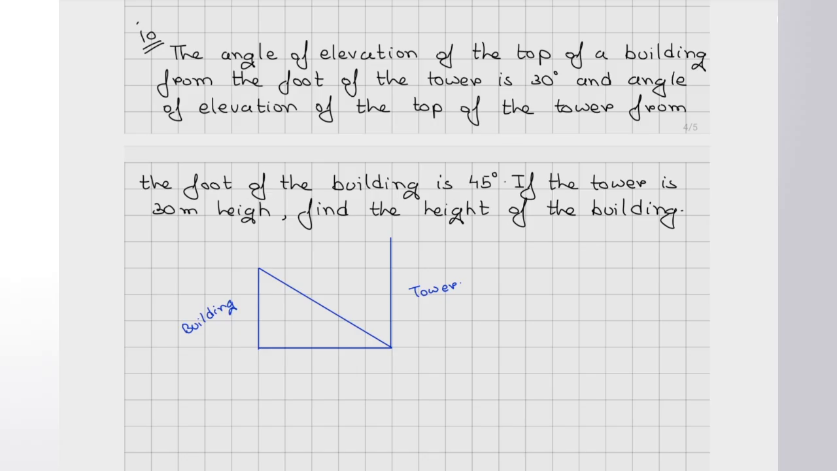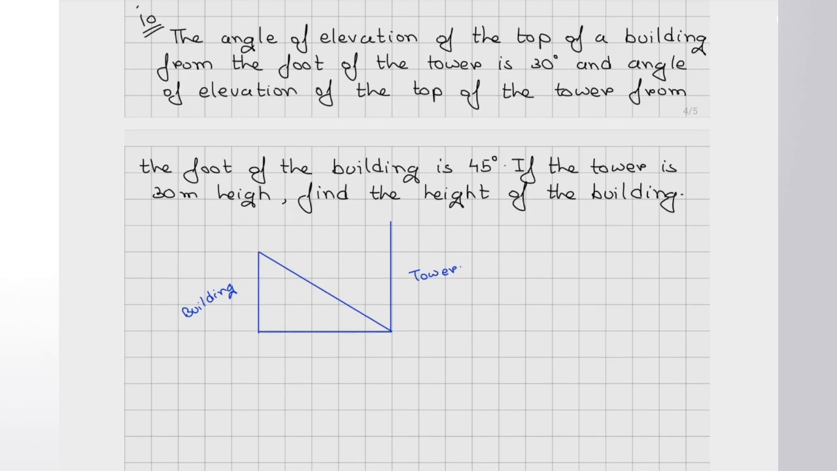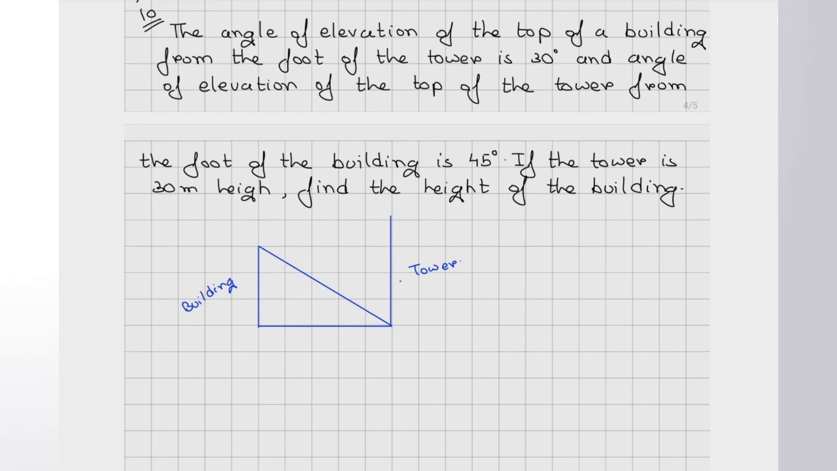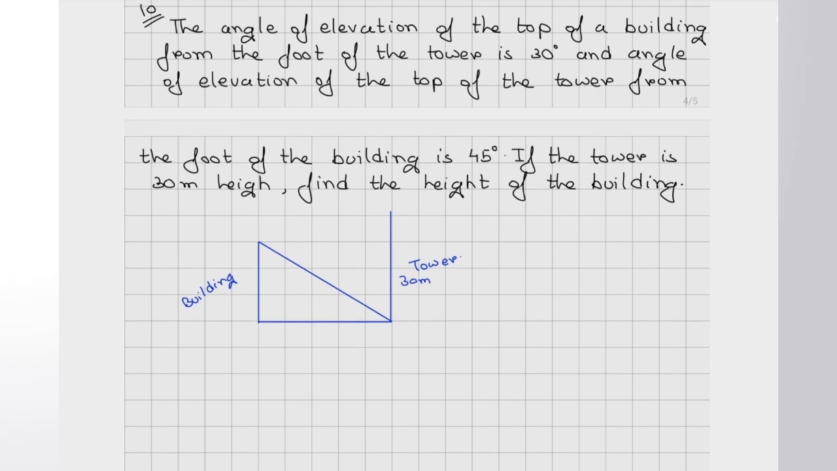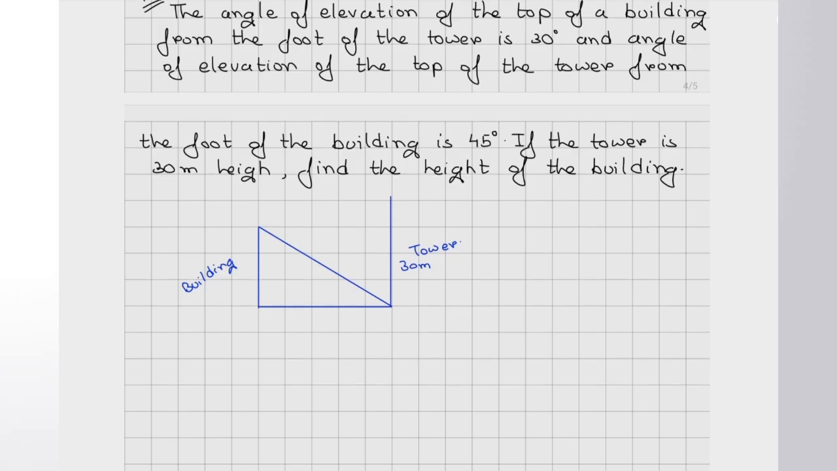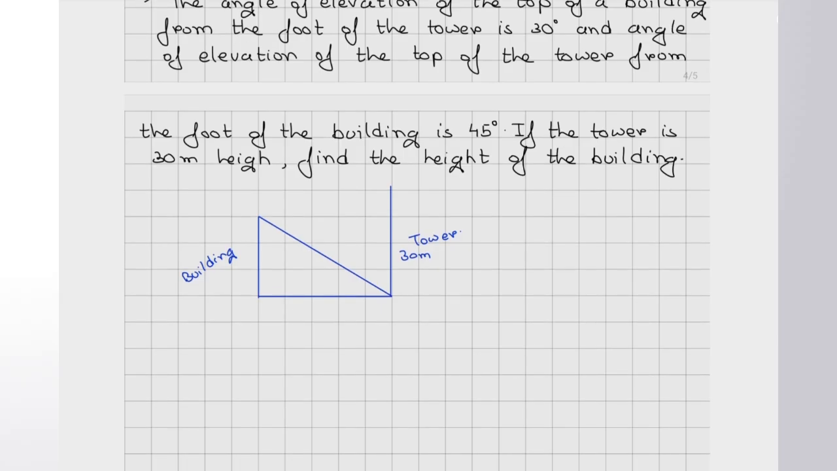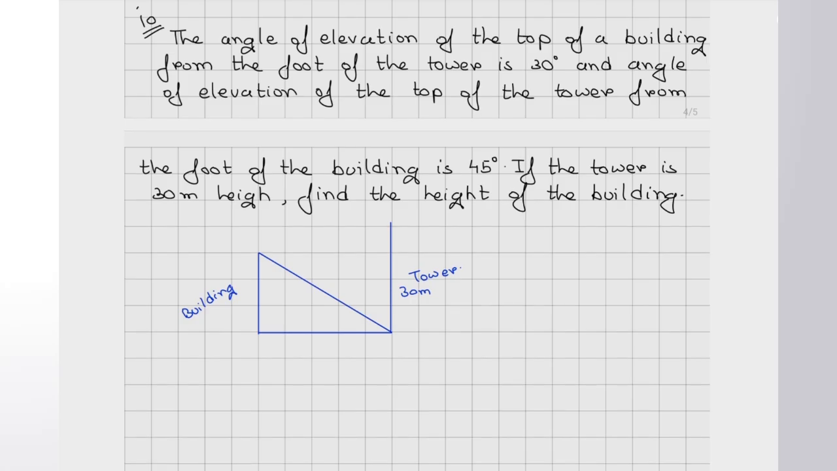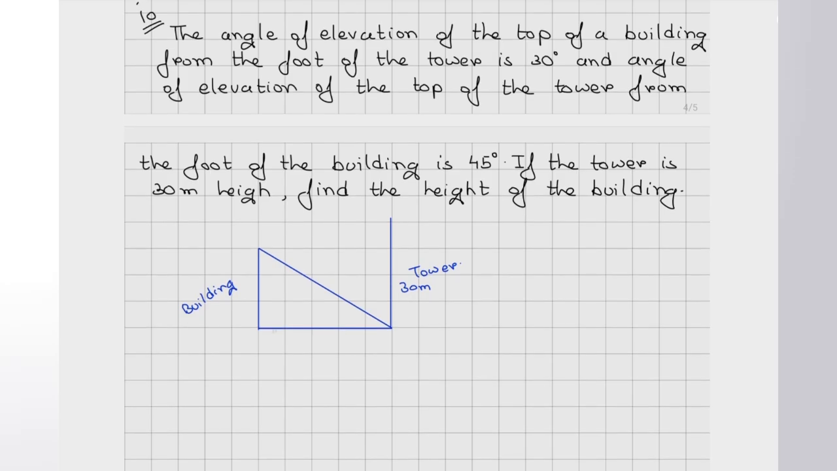बिल्डिंग की हाइट हमें नहीं दी हुई है, ठीक है। If the tower is 30 meter height, टावर की हाइट हमें दे दी गई है। टावर जो है हमारा 30 मीटर लंबा है, बिल्डिंग की हाइट तो हमें पता करनी है। ओके, ठीक है। हमें क्या बेस का वैल्यू पता है? हमें बेस की वैल्यू भी नहीं पता है, ठीक है, कोई बात नहीं।